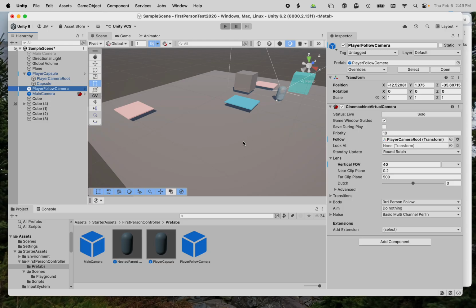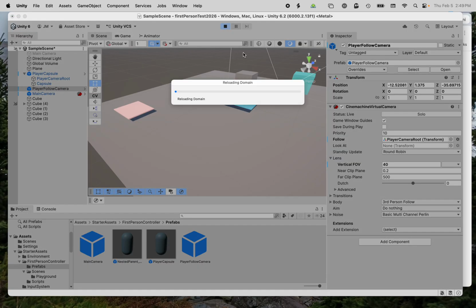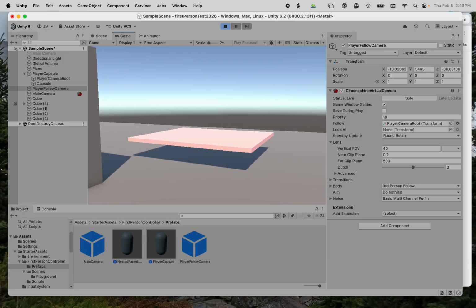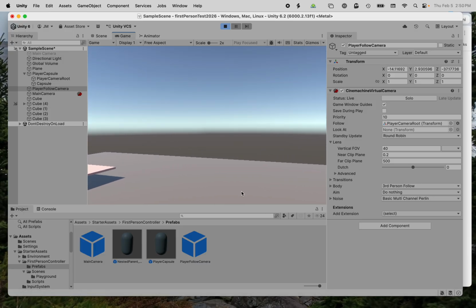This asset uses the Cinemachine virtual camera, and we can talk more about how that works. But if you do that, you should be able to use WASD and your mouse to look around, and your spacebar to jump,